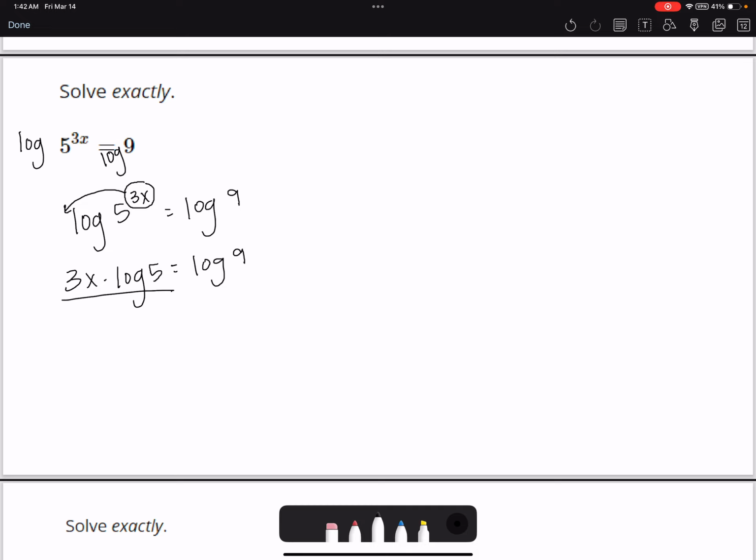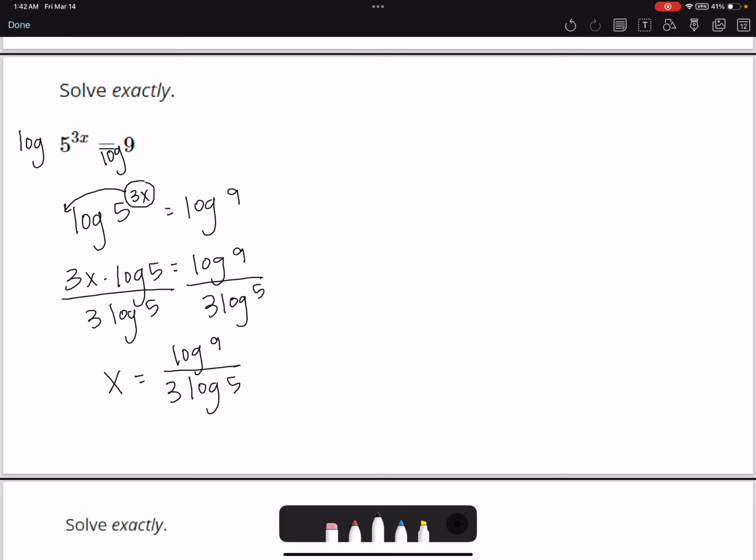And then we can divide by 3 log 5. So x is log 9 over 3 log 5. Okay, that's one way that you could do it. Another way you could do it